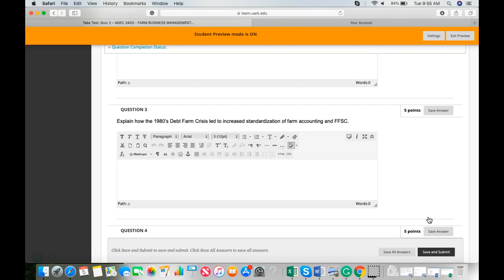This showed that actually the lenders did not have adequate information in order to make loans. Farmers were also not able to decide whether they would have the ability to pay back those loans. So then it was evident that standardization was necessary, which led to the Farm Financial Standards Task Force, which changed its name to the Farm Financial Standards Council, or the FFSC,